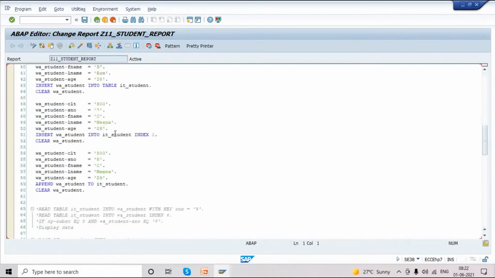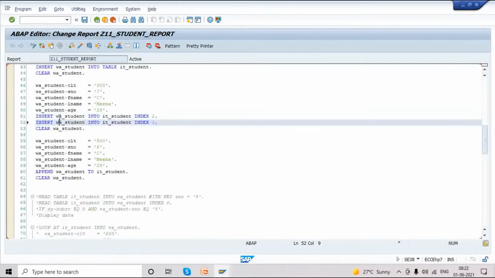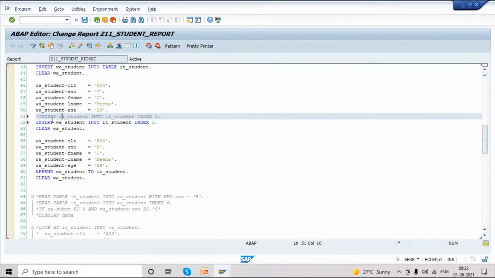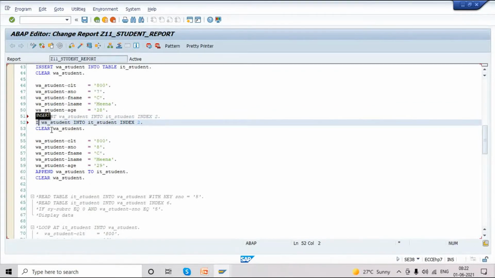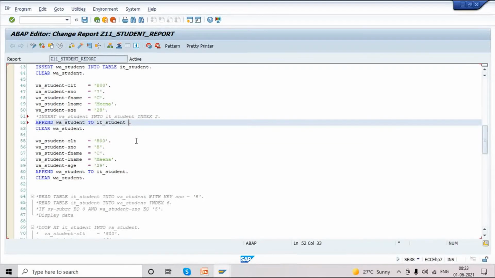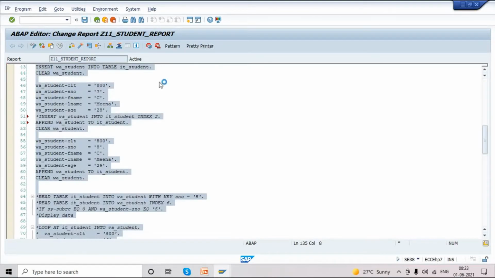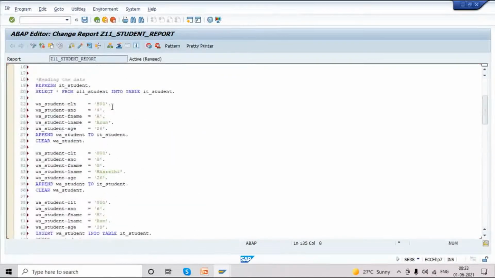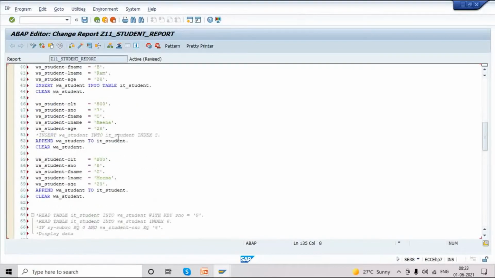So instead of insert, we have to use append here. Append to. See 7, 8, we are appending in the same order, so it will display in the same order, even in the case of a normal standard table.